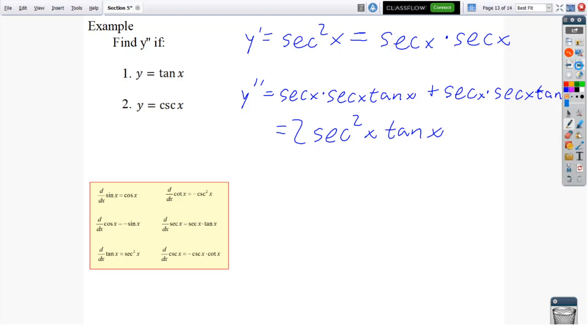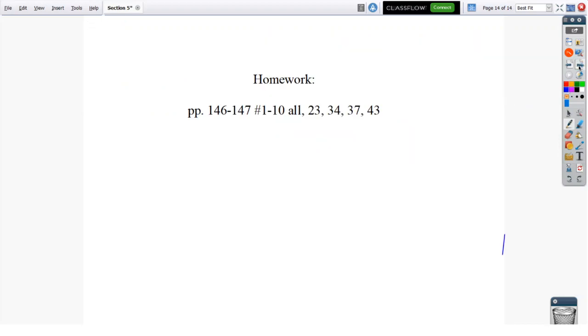We could do cosecant, but nah. Instead, there's your practice problems. You can start on those. We're going to go over them tomorrow in class, and see you